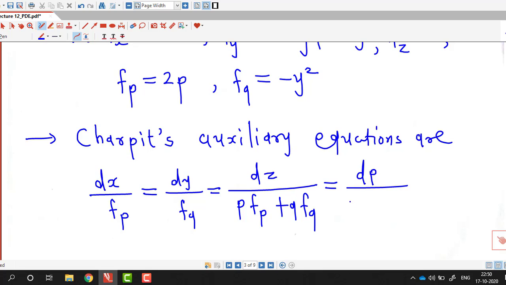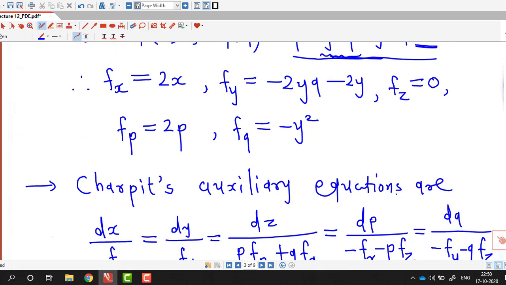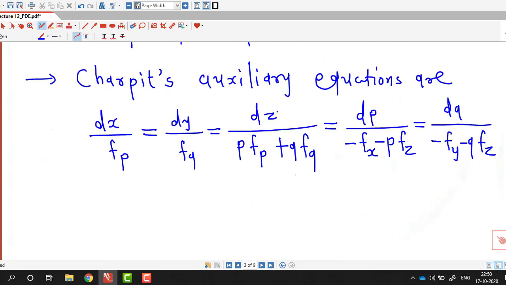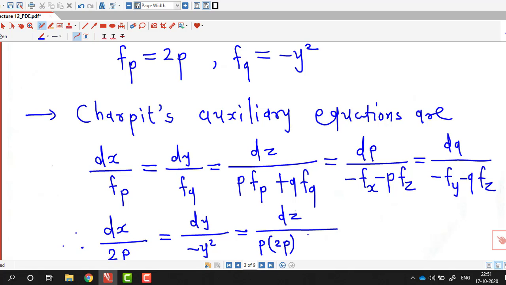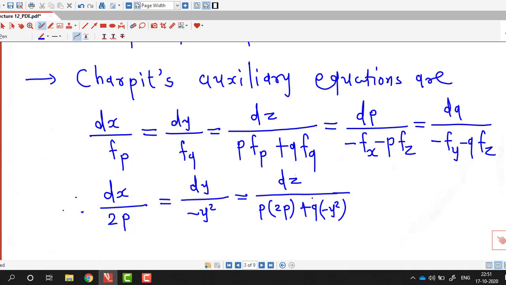Here we write dp, so here we have del f by del x minus small p into del f by del z. Similarly with dq we will write minus del f by del y minus q into fz. Now after writing Charpit's equations, we have to substitute all these values here. So therefore dx divided by del f by del p, which is 2 times p, equal to dy divided by small q, which is minus y square, dz divided by small p into fp, that is small p into 2p, plus small q into fq, which is minus y square, equal to